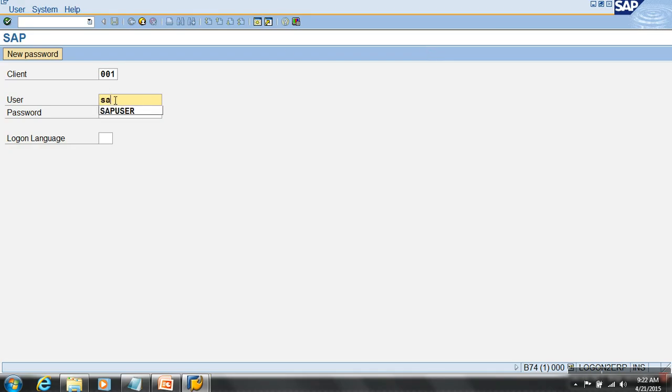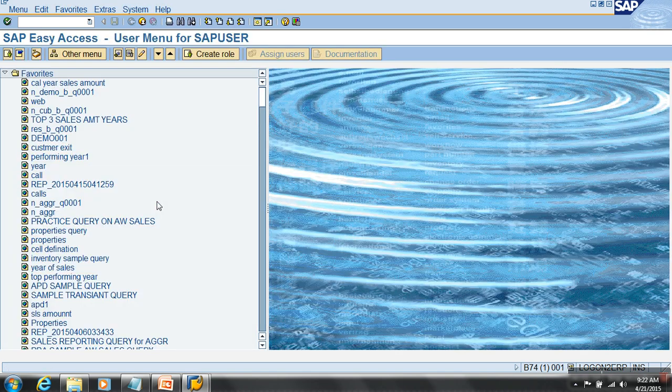So username. We'll see this client later. So I'm able to log in with different languages. I've not specified anything. By default it gets in with English because we have a T code where you can see the information about